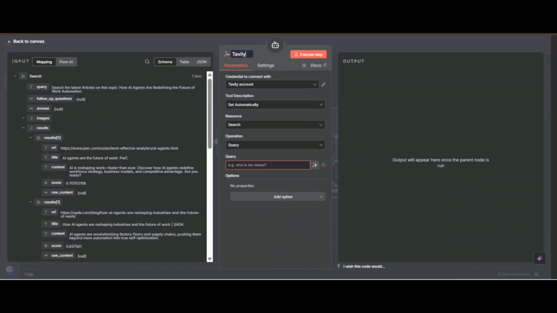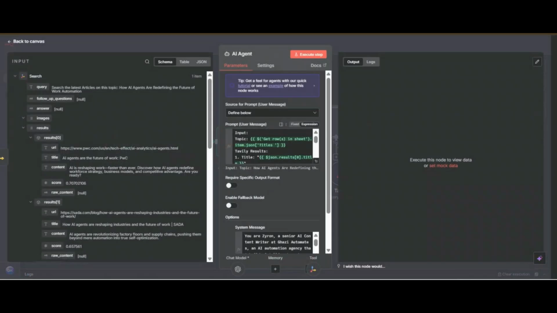I will change it now, query, because it is an AI agent, so it will detect automatically. I will set it as let the model define this parameter, and now I will execute this step.